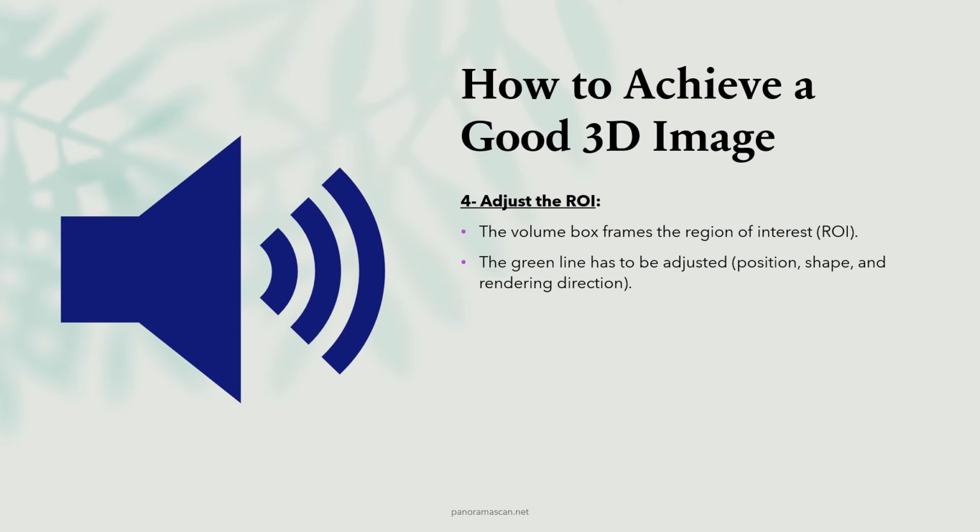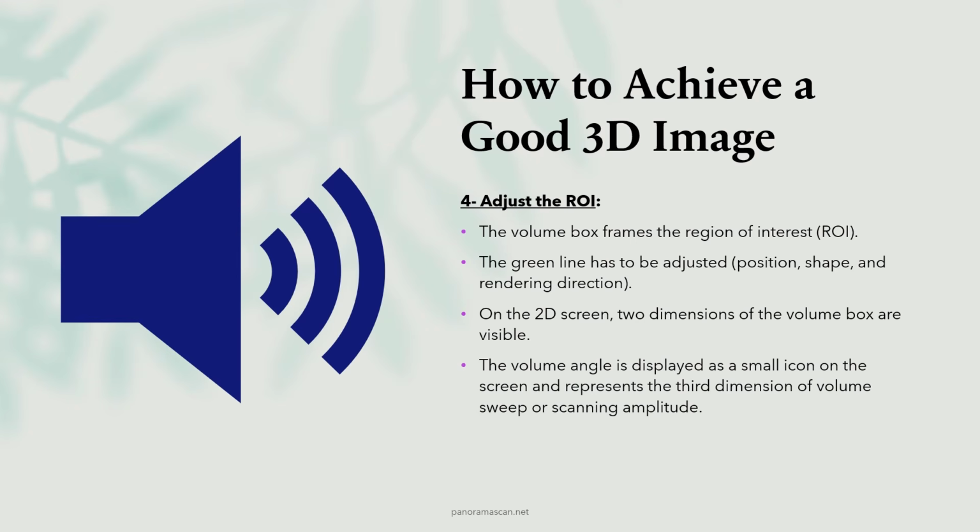On the 2D screen, you will typically see two dimensions of the volume box, which helps in adjusting its size and positioning relative to the anatomy. The third dimension, depth or volume sweep, can be visualized as a small icon on the screen. This icon represents the volume angle, which indicates the scanning amplitude. By adjusting this, the sonographer can modify the extent of the scan, ensuring that the volume data includes all necessary